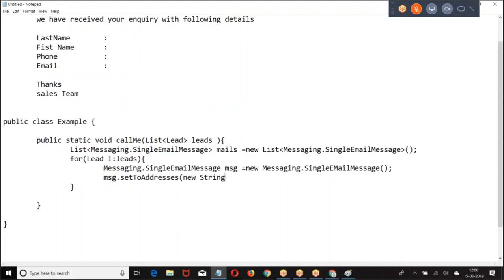What is the to address? L dot. If you're confused, put them as a separate one.